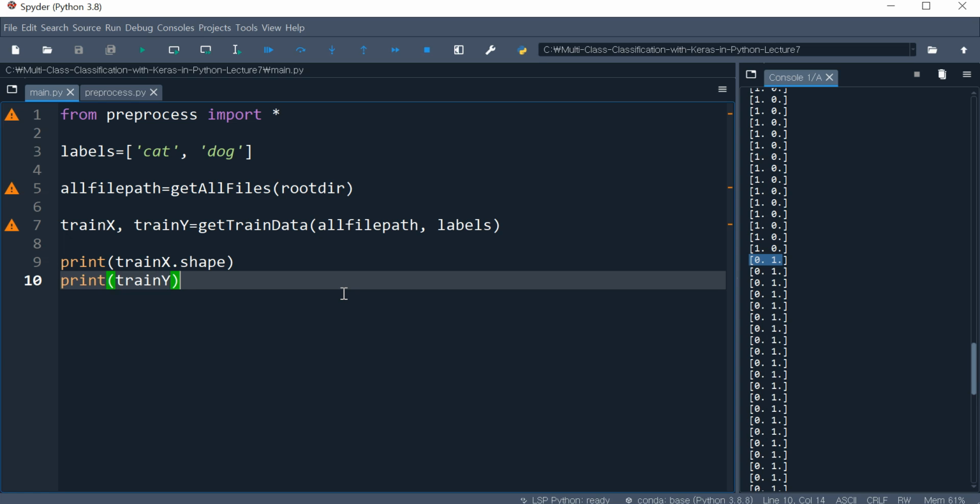So the next step is the fun part, from where we will be building a model to train this machine. So I'll finish here and let's